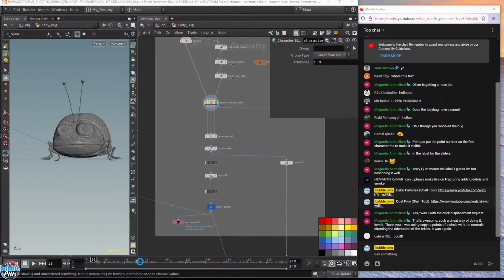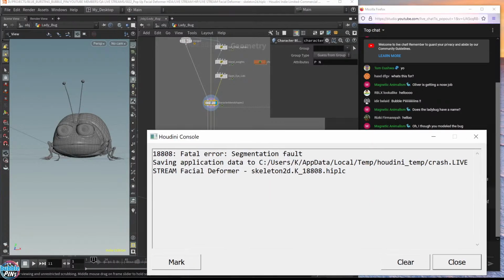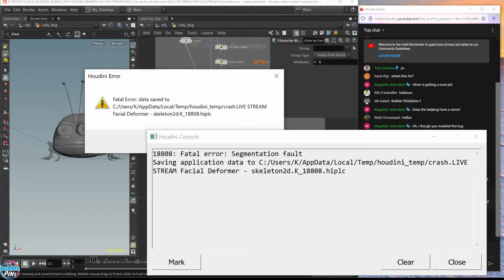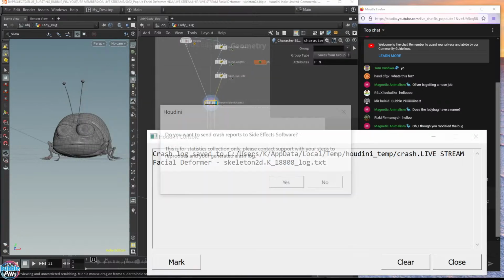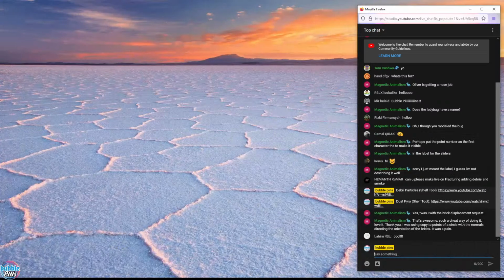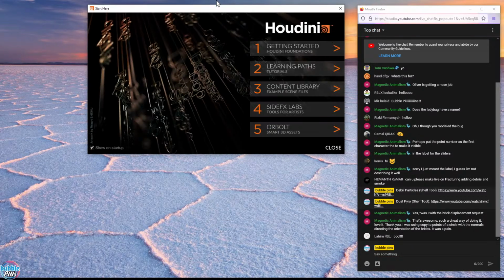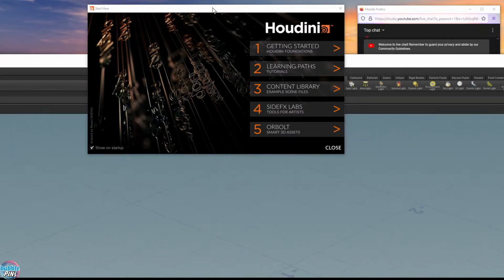Oh, it's crashing. I'm pushing my computer to the limit. It's crashing again, Houdini. Okay. Oh well. But anyways, I got the lip sync working with the ladybug and the walking